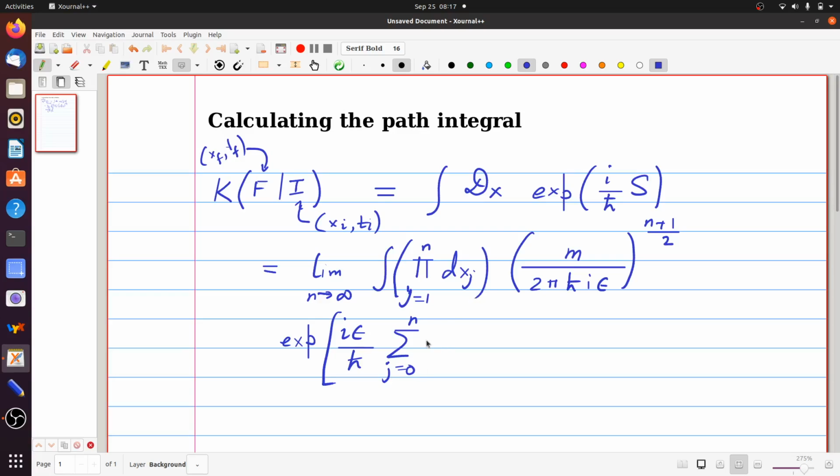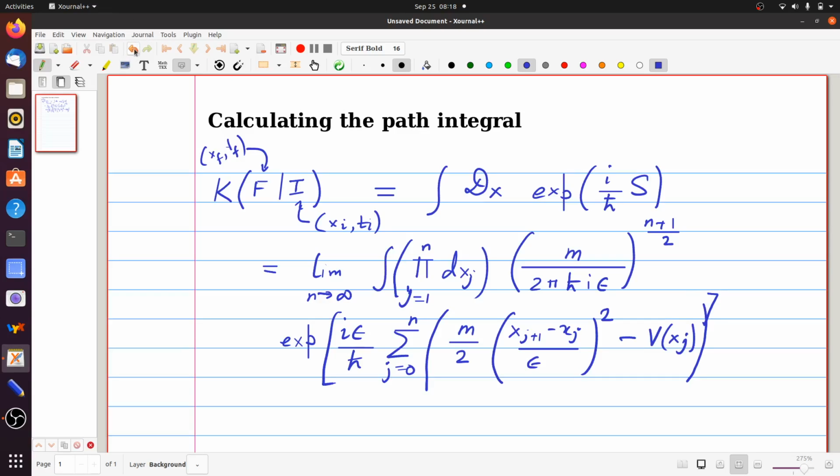There are n plus 1 terms, 0 to n in this sum, and what you are integrating is m by 2 times xj plus 1 minus xj by epsilon whole squared, which remember is a discretized version of the kinetic energy, minus V at xj, the potential energy. So this is really the Lagrangian for that segment of the path,